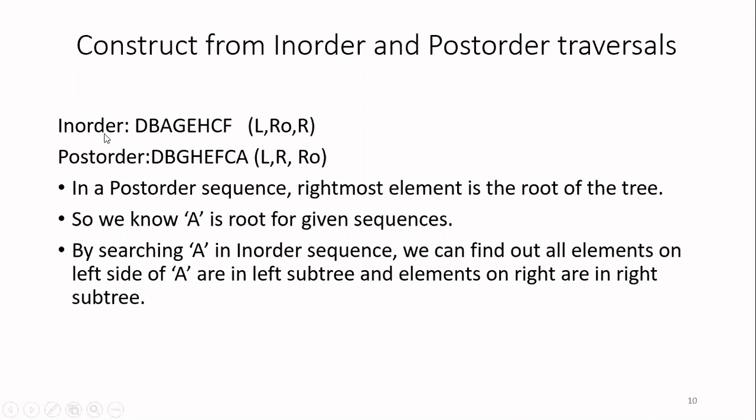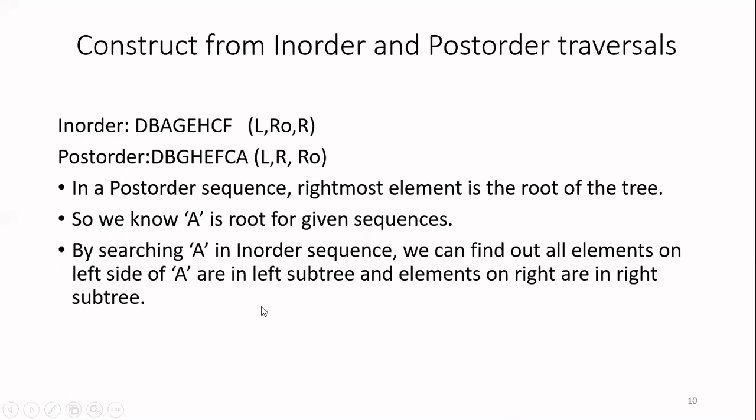So now this is an in-order and post-order given to you. First, you have to look at the post-order traversal, see the rightmost element. Here it is A. That means A will be the root node for my given tree. So after identifying the root node, I have to go to the in-order traversal. Then I have to see the position of A. So here A is appearing in this. Whatever is to the left of A, that will be the left subtree, and whatever is to the right of A, that will be the right subtree. This process is the same as the previous one.